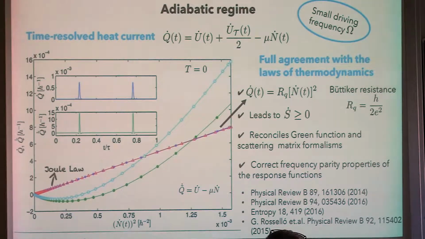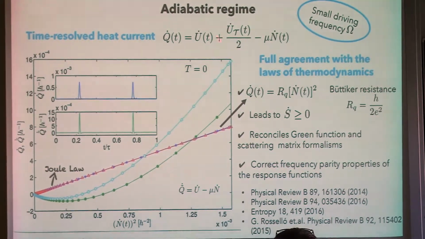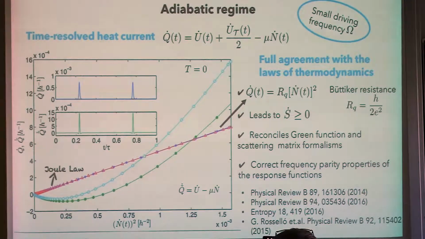So we started studying this problem with a very simple model, but simple but not meaningless. It was just a single level connected to a macroscopic reservoir. This level was driven by the application of a periodic gate. And we propose this expression for the heat